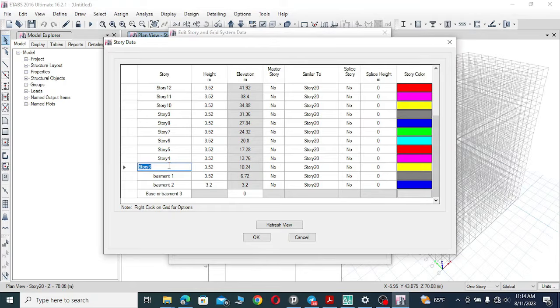And here this is the first story, this is the second story, and this is the third story, and this is the fourth story, and this is the fifth story, and this is the seventh story. Sorry, this one is the ground,